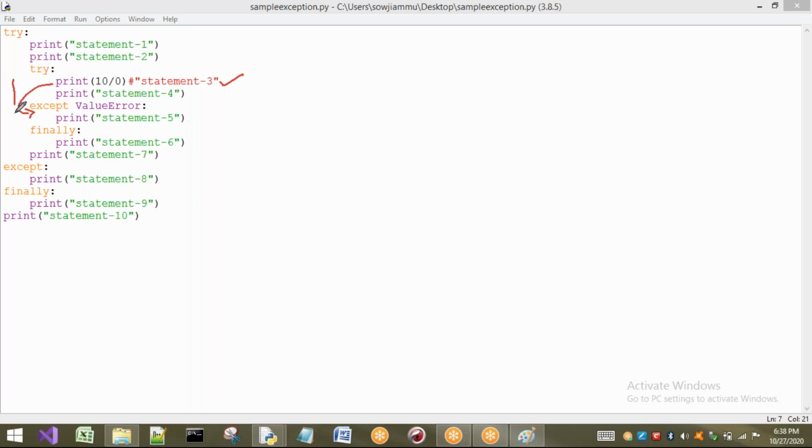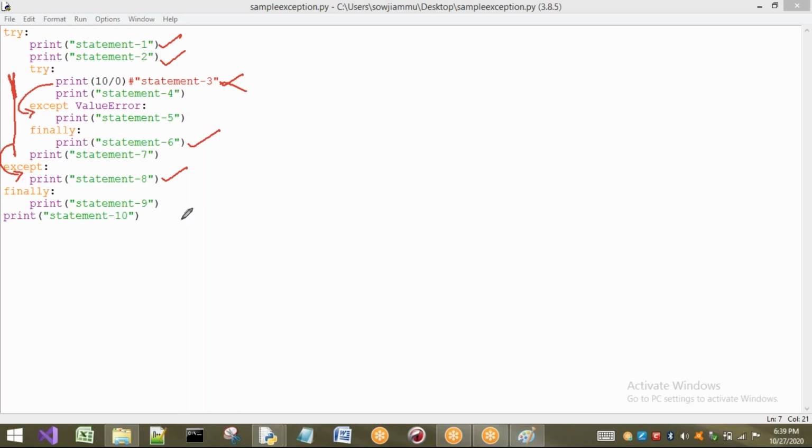That means here I am not handling the exception in our inner try. Then what happens? Automatically there is an exception inside a try block. Then it will be handled by whom? Outer except. So what will be the answer of this program? Output of this program 1 2. Next, here it is not going. Statement 6. Next, this is not going to be executed anyway. So by this only we got an exception. Okay, right now it will not be executed.